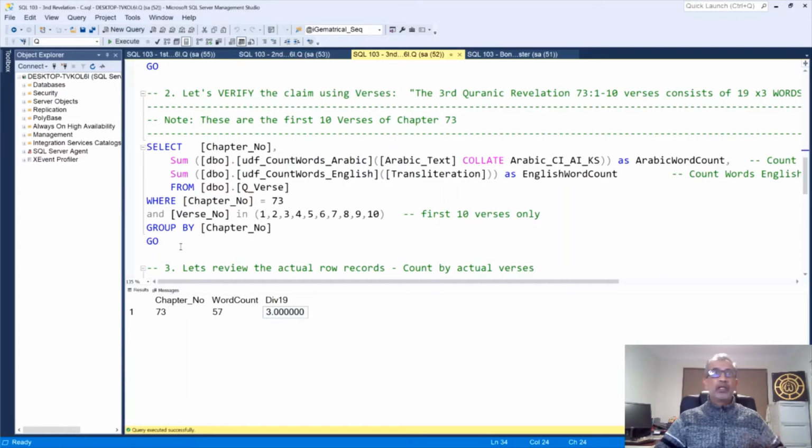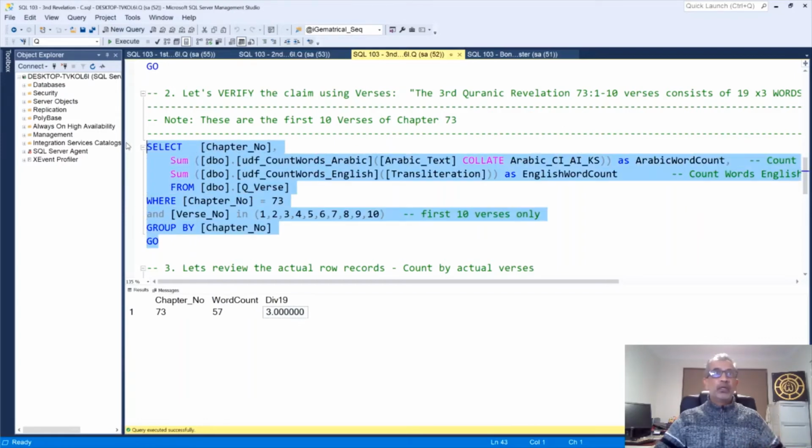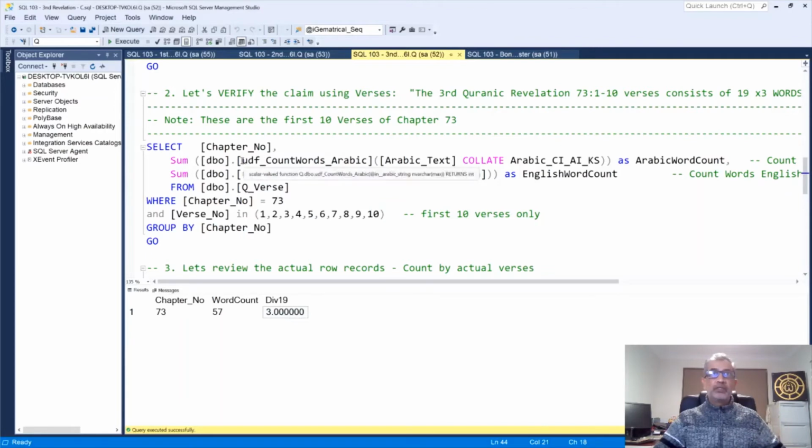Let's do it another way. This time we're going to run the query on the verse table, but instead of using that aggregate function, we're going to use a user-defined function, which works out, given an Arabic text of words, how many words are in there, and then a similar call using the English equivalent.